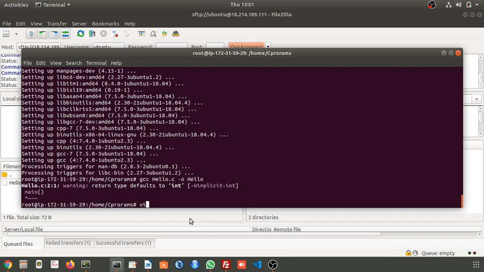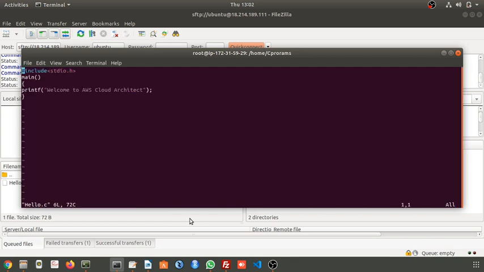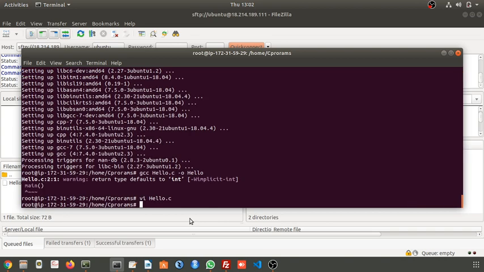So what is that mistake? Let's see. I'll open it in the VI editor, hello.c. In Ubuntu we have this VI editor by which you can edit your file. Just escape, shift colon, wq.